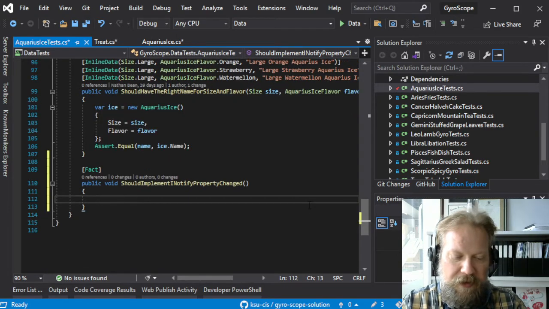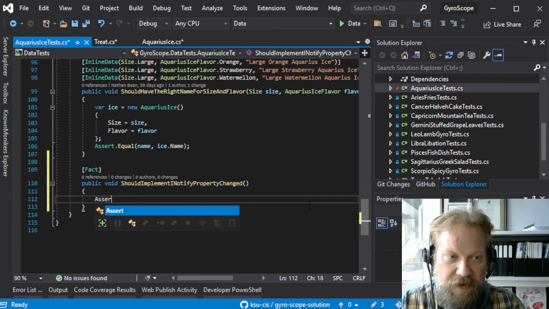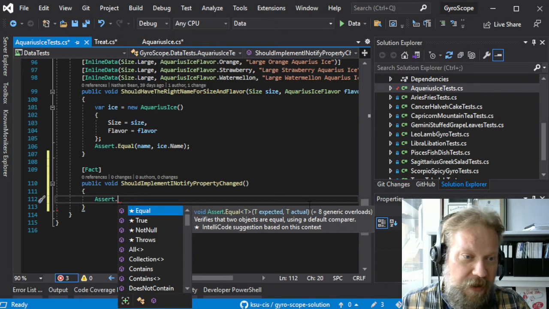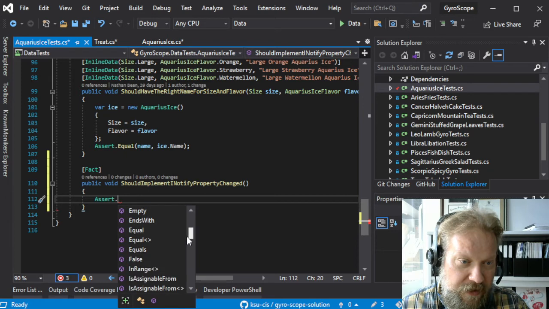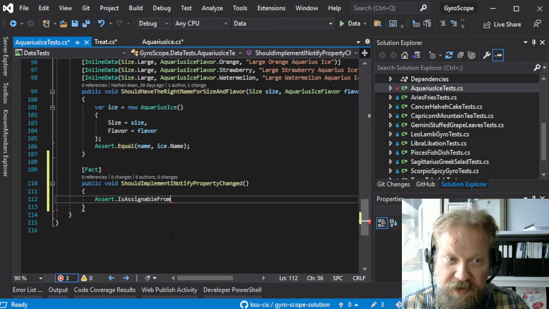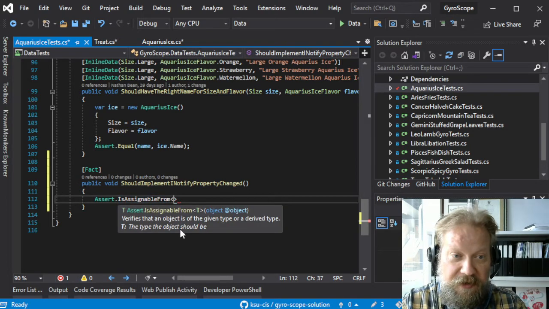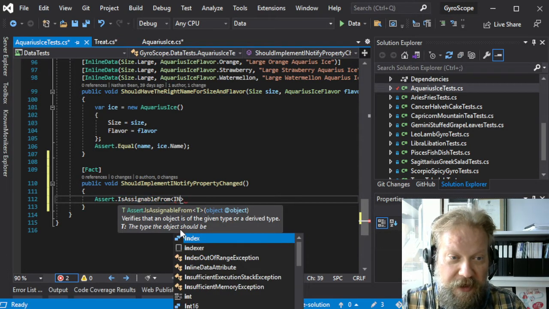And what we would do in here is just assert that we have the INotifyPropertyChanged interface on the class, and the assertion to deal with that is IsAssignableFrom. This basically asks the question, can this be treated as something else? So we want to treat it as an